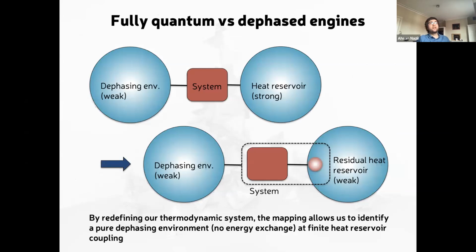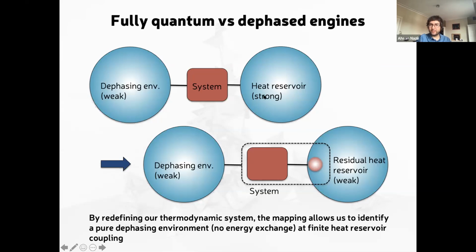Now, I mentioned earlier right near the start that we were going to also look at situations where we have a kind of fully quantum engine, as I've just described, versus a dephased engine, to try and get rid of some of the coherences that build up between the system and the environment. So for a system that's weakly coupled to a reservoir, say the hot, well, it could be the hot or the cold reservoir in the Otto cycle.